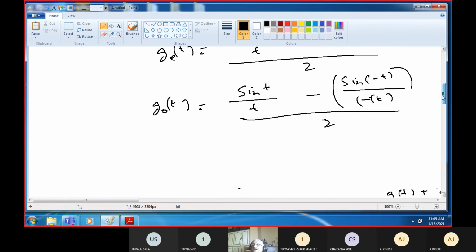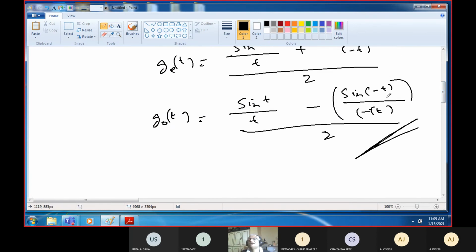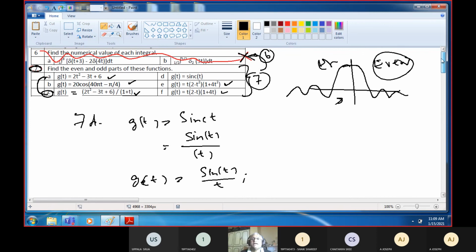So do this thing. We have plenty of time to discuss later. Please remember, any problem given to you, first start with fundamentals. That means you should be able to derive the formula for even and odd part also, so that if you miss something somewhere, you will be able to go back to the starting point and solve the problem without any difficulty. In the final exam, that kind of strength is expected in the student. He does not know. He will forget what it is. He won't remember what sir told.